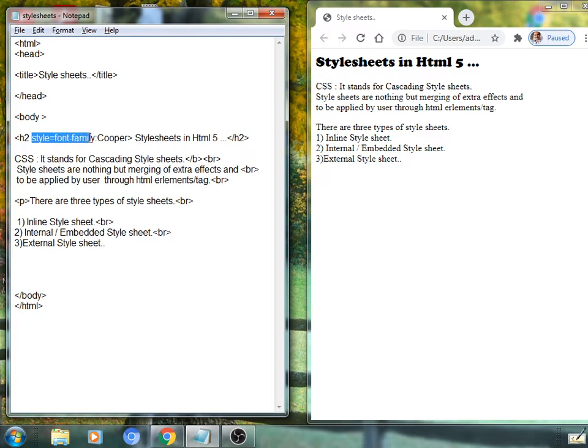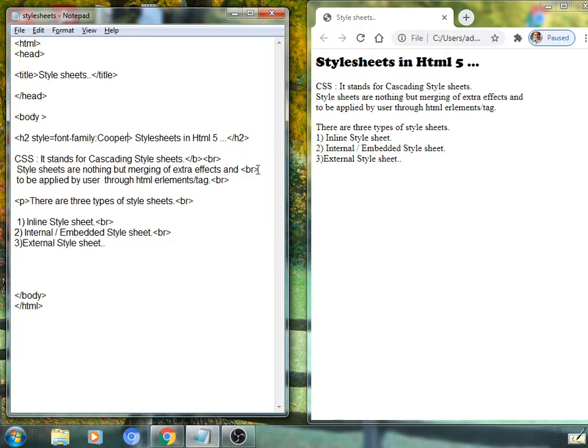We have given font-family colon, with the font name Cooper. So whatever text we have enclosed within h2 and slash h2, that is, style sheets in HTML5, will be displayed in the Cooper font as we have seen here.